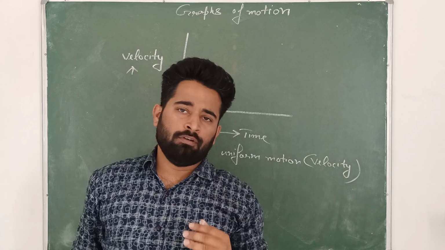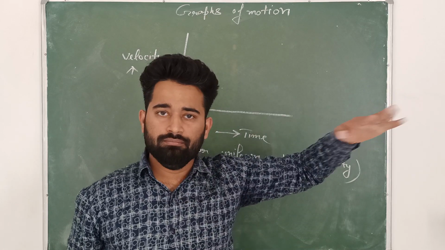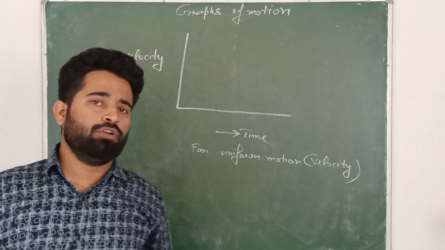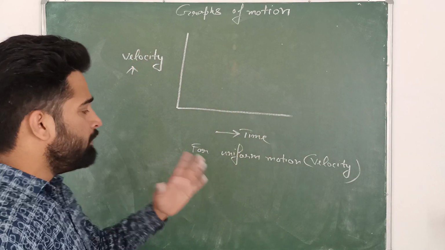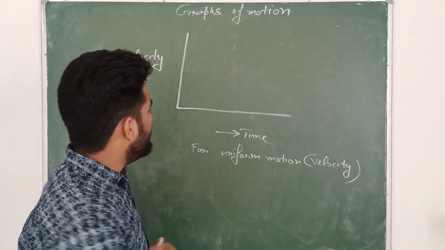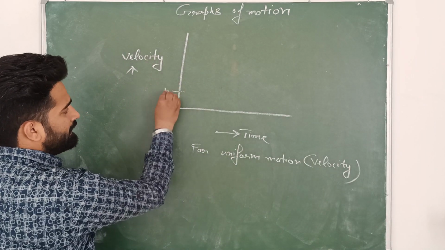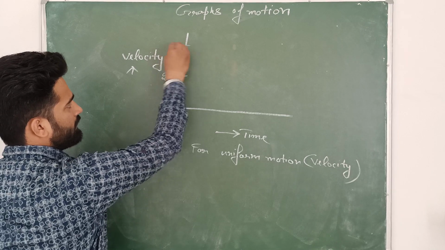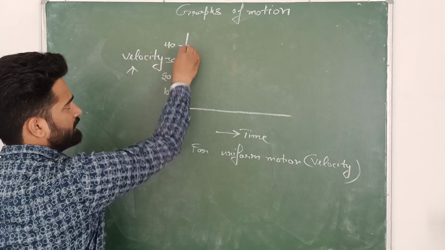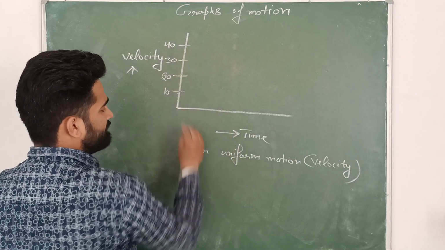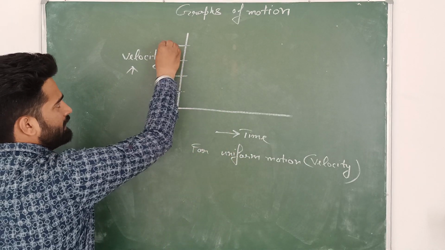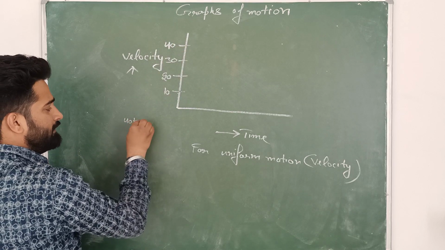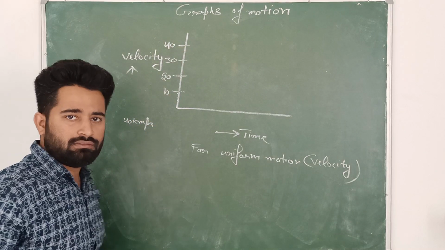So what is the meaning of uniform? Uniform means same velocity. Uniform velocity means same speed or same velocity. So we have to draw the velocity time graph for uniform velocity. How will you draw? See here everyone. For example, here write 10, here 20, here 30, and here 40. If they say that the object is traveling with 40 km per hour,